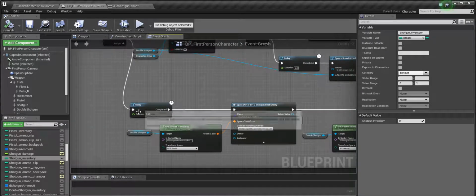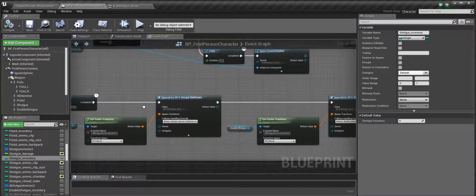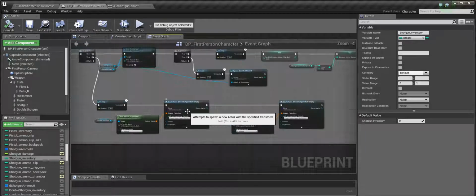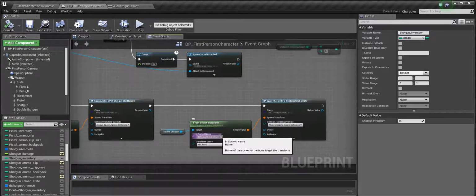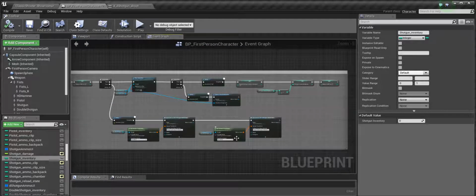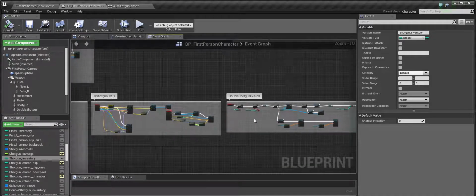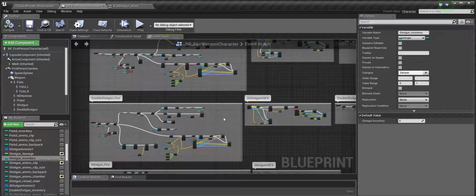Here we have a delay to spawn our empty shells at the right moment. Just like in the shooting logic, we spawn one at the ammo socket 1 and the other at the ammo socket 2. Since the logic for the double shotgun mostly repeats the logic for the shotgun and other previous weapons,